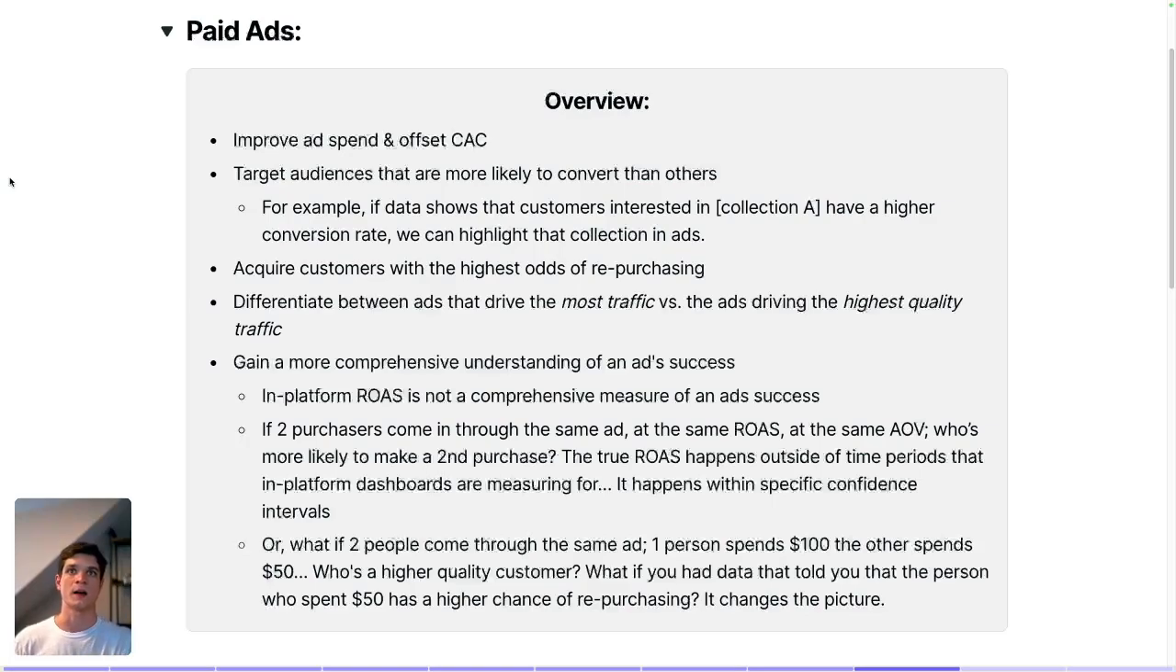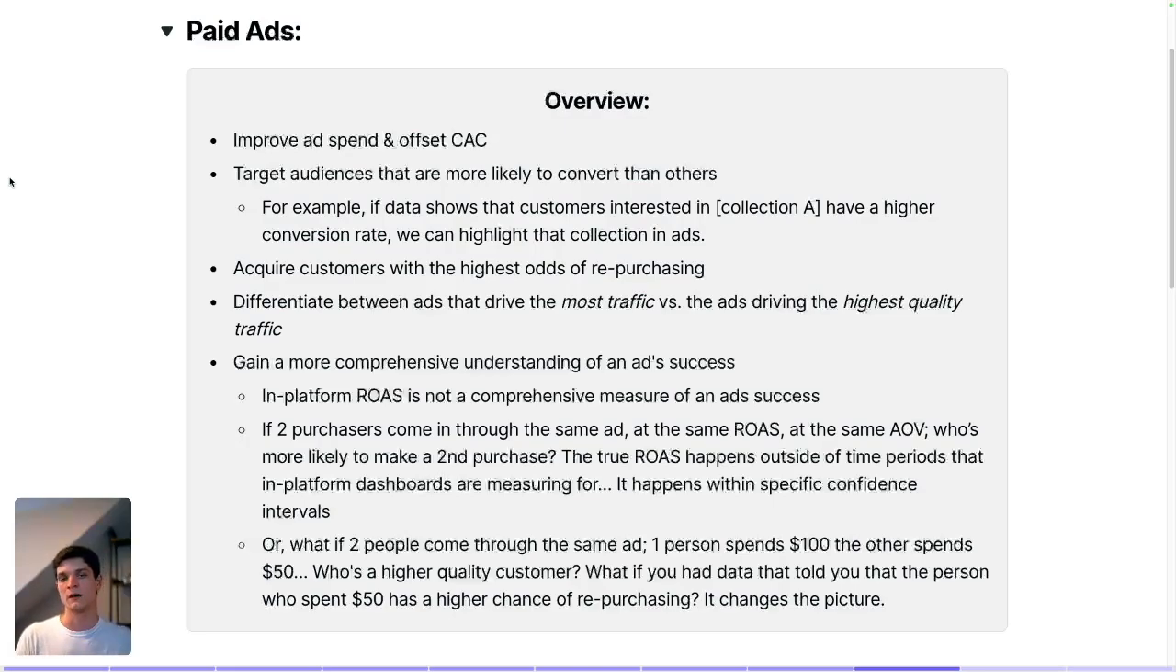To acquire customers with the highest odds of repurchasing and differentiate between ads that drive the most traffic versus ads that drive the highest quality traffic, and to gain a more comprehensive understanding of an ad's success. And again, in-platform ROAS is not a comprehensive measure of an ad's success, because if two purchasers come through the same ad at the same ROAS, at the same AOV, it doesn't tell you who's more likely to repurchase. Additionally, if you have two people who come through the same ad, one person spends 100, the other person spends 50, right? Naturally, you'd think that the person who spends more is a higher quality customer, but it's not necessarily